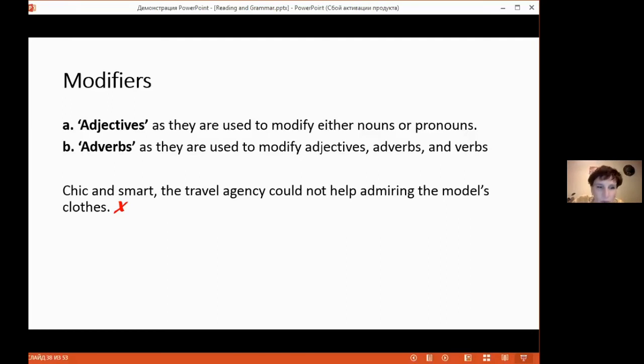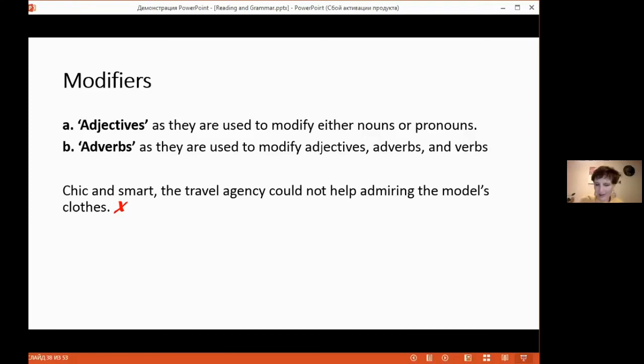So what is the problem with the modifier? Which modifier, by the way? And how can we correct the sentence? Right. What stands too far away from the word it refers to? What exactly is our modifier? Which modifier, Maria? Right, yeah, so chic and smart is our culprit, our modifier, which refers, yeah, exactly. Thank you very much, Svetlana, Maria, and